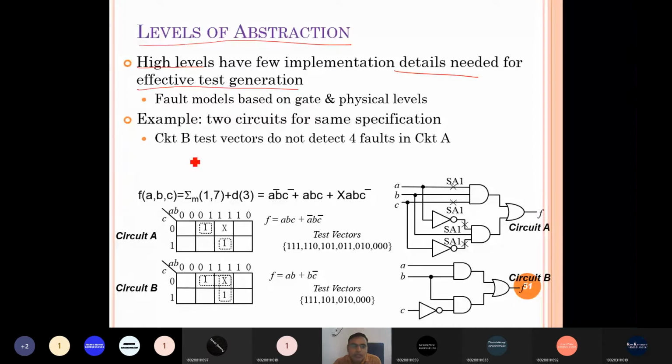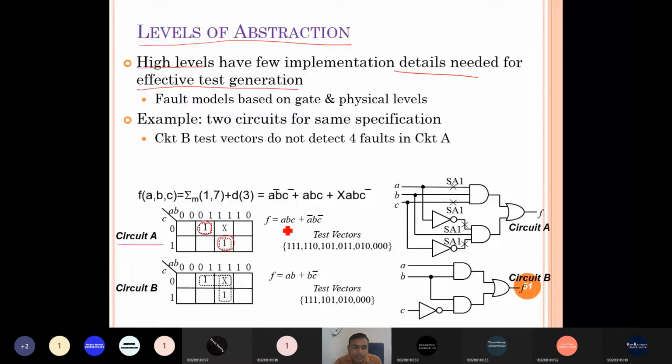Right. So here you can see circuit A, the same function, right? Function f is equal to ABC. The minterms present are 1 and 3, 1 and 7, and the don't care is 3. So if you see, it's a Karnaugh map. Here it is minimized like 1 and 1.